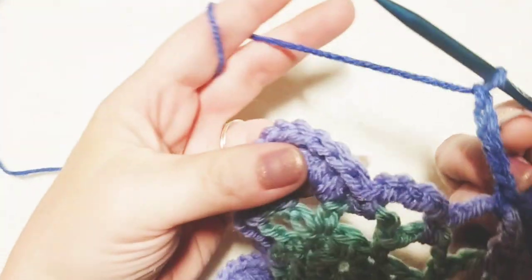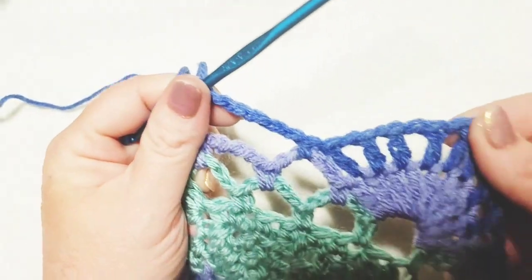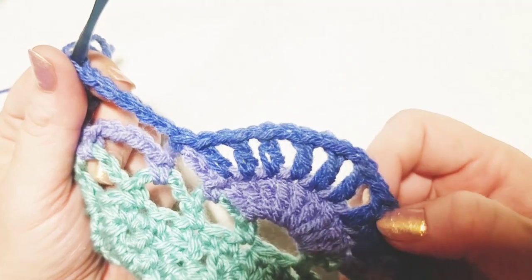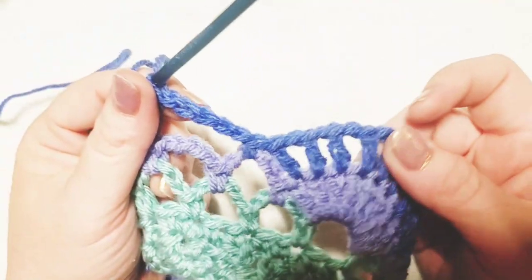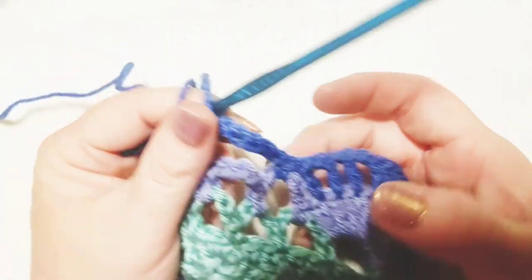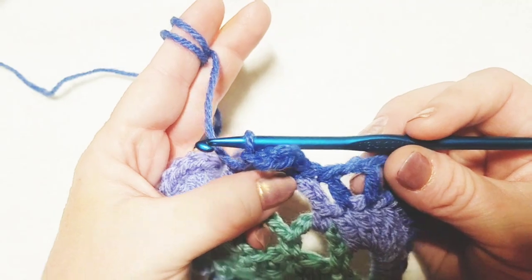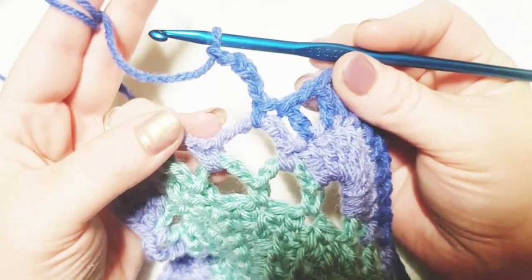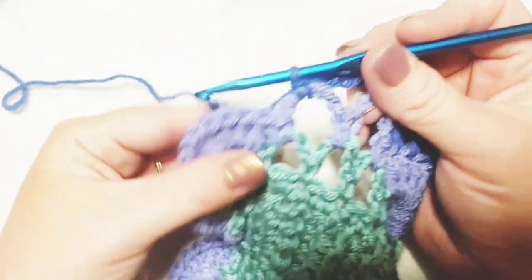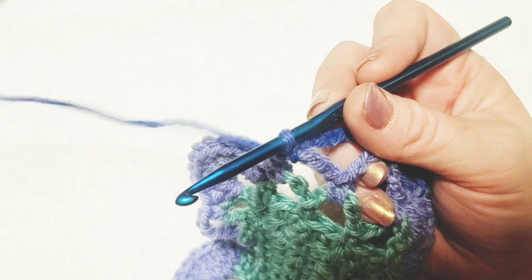And so we've approached our corner, and we're going to go ahead. We have a chain 5 after we've done our fan with our double crochets separated by 1 chain. And we've done 9 of those, 1 into the top of each and every double crochet from the previous row. And we are anchored down here into this chain 5 space. And we've done a chain 5. We're going to anchor here, and we are back up here to our corner,